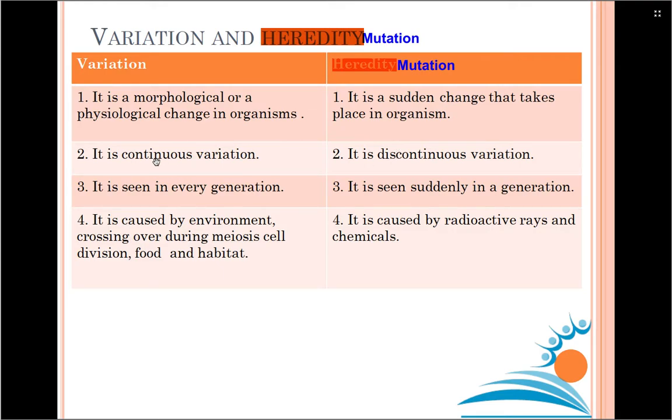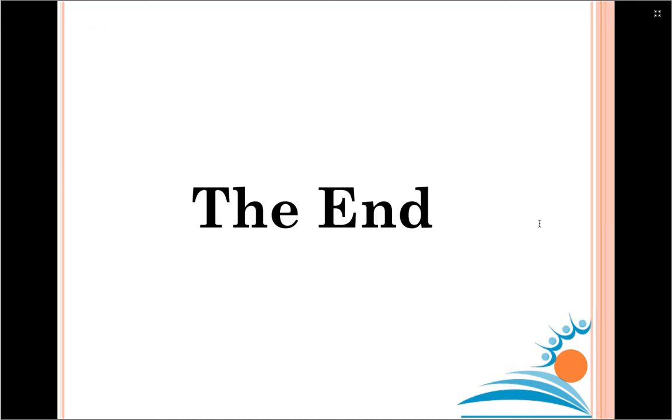Since variation is transferred from one generation to another, it is seen in every generation. But mutation is not seen in every generation. It is seen suddenly in a particular generation. Variation we can see in every generation. And variation is caused due to environment or due to change in the gene. But mutation occurs due to radioactive rays and harmful chemicals. So with this,